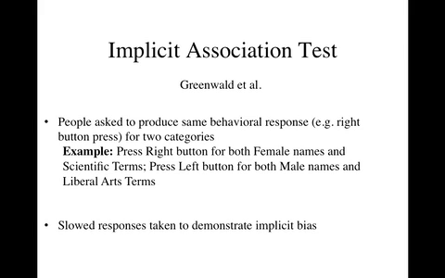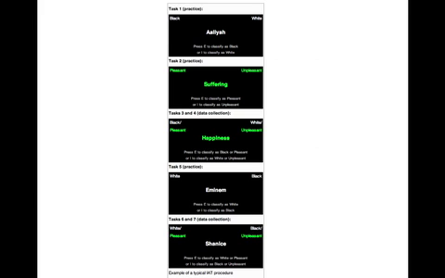It's not that we think that they're lying about not having such biases, but rather the idea is that perhaps such biases are implicit, that people can be unaware that they have them, but they can be based on previous exposure to information. And in this case, it's a form of implicit memory. It's based on something perhaps that you don't remember. Maybe you were exposed to certain kinds of associations, and those can carry forth in terms of the behavioral response. And then the question is, does this extend to other kinds of behavioral responses besides button pressings? And as I said, this is something of a controversy. And this was an example of the implicit